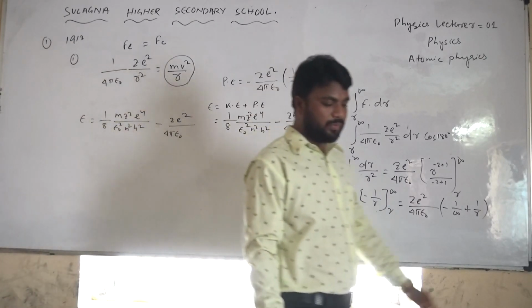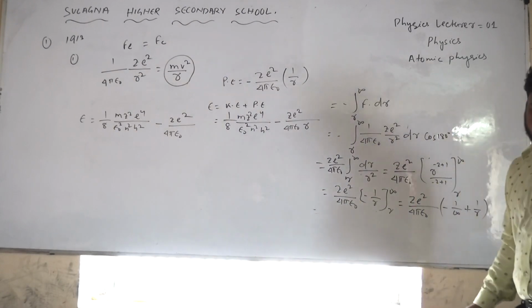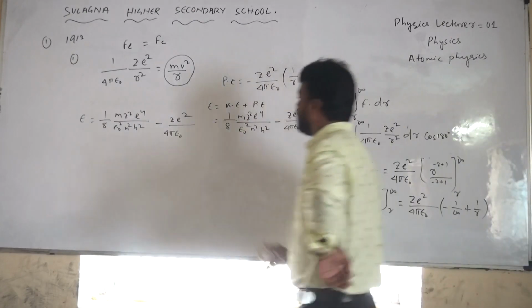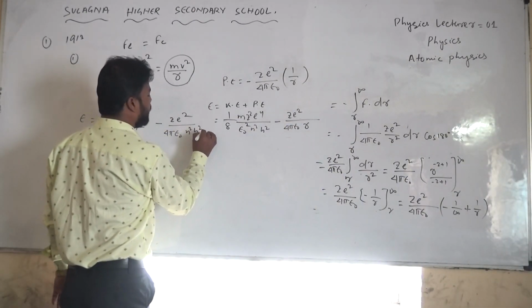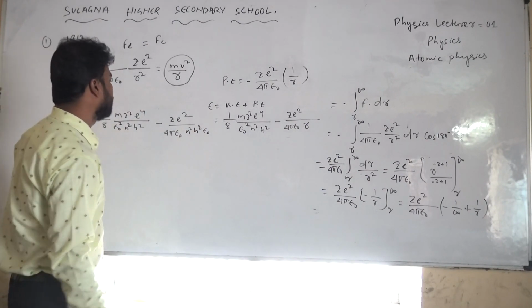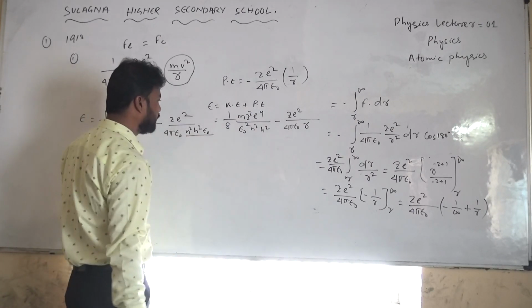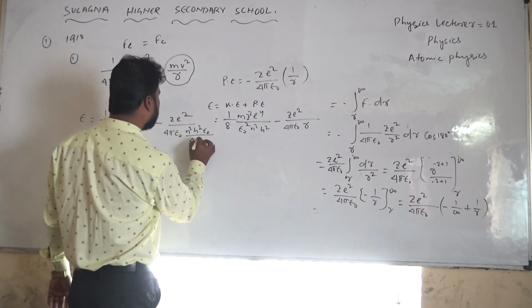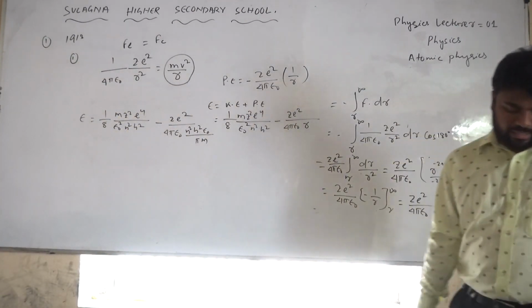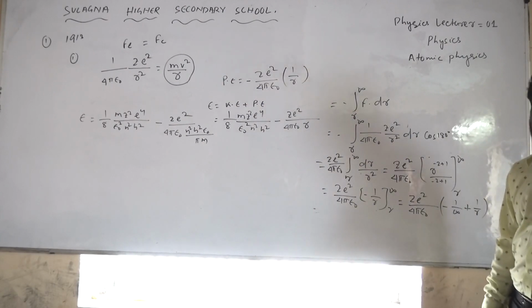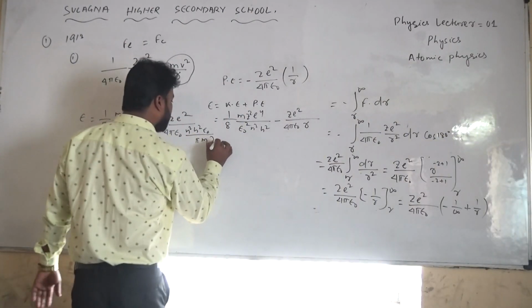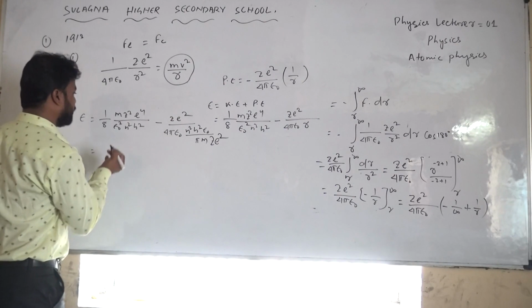And now we put the value of r, n square h square epsilon naught divided by 4 pi m. Sorry, n square h square epsilon naught by pi m z square, is equal to